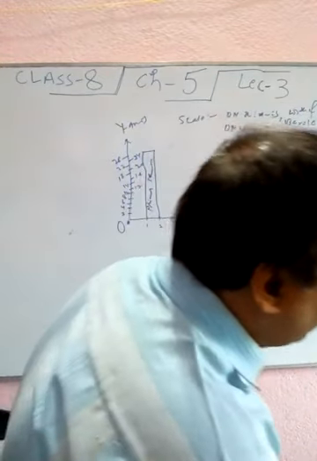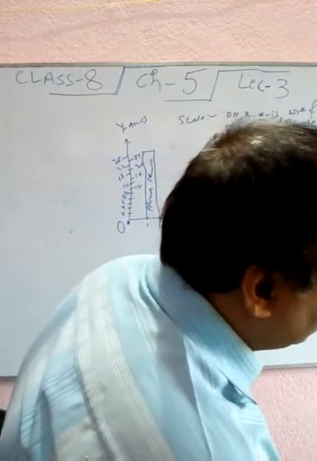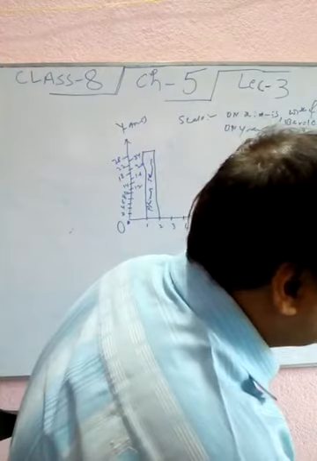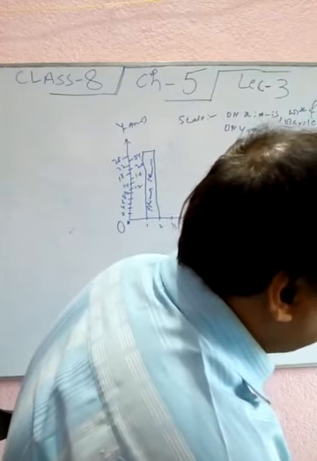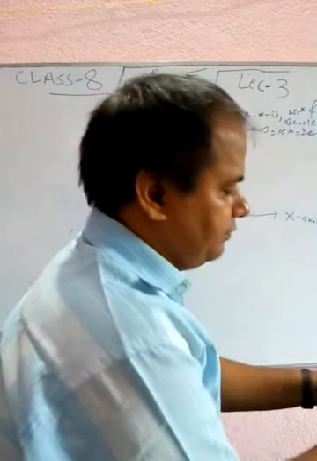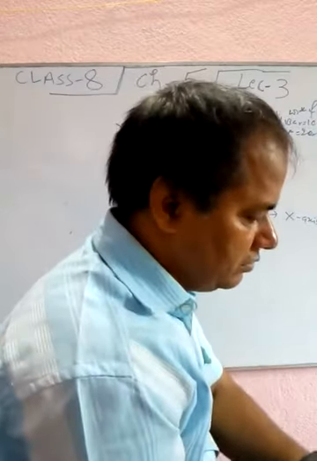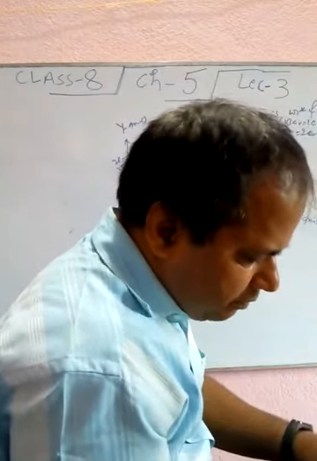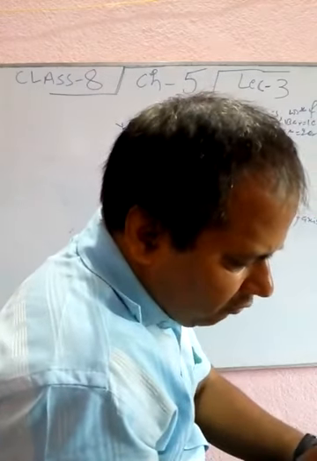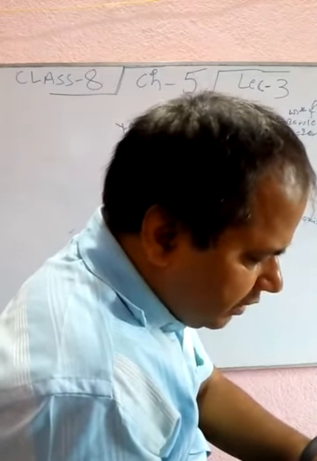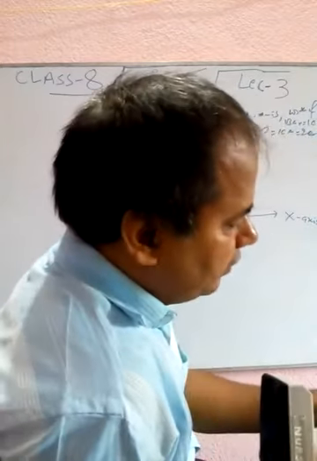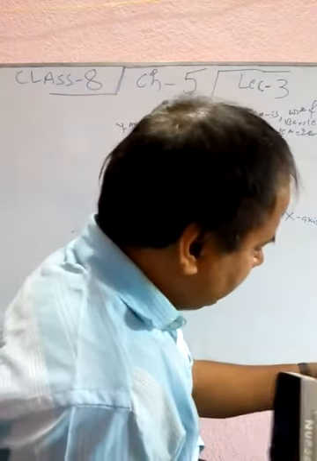Third, therefore, the required percentage is 6 by 110 times 100, that is 5 and 5 by 11 percent. B: Midday meal. Under which head was the least provision of estimated amount made? It was the midday meal, because it was only 4 crore rupees. So the next page is 66.